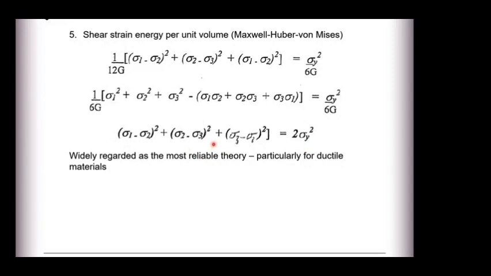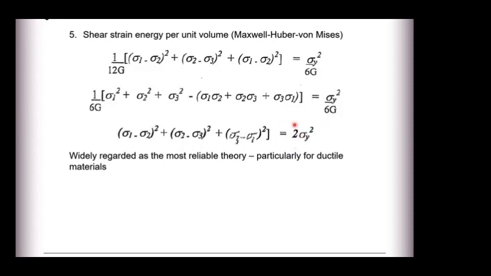That's widely regarded as the most reliable failure theory, particularly for ductile materials. So hence my comment earlier, most FE solvers will default to showing you the von Mises stress. You can see now why von Mises stress is always positive, because we're taking our principal stresses and we're squaring all of those. All of those terms are squared. So clearly you're going to end up with a positive number. Okay, so your von Mises stress is going to be a positive number, and we can compare that to the